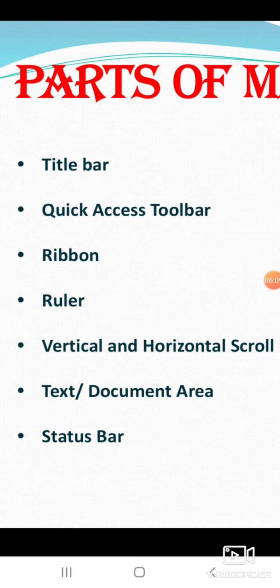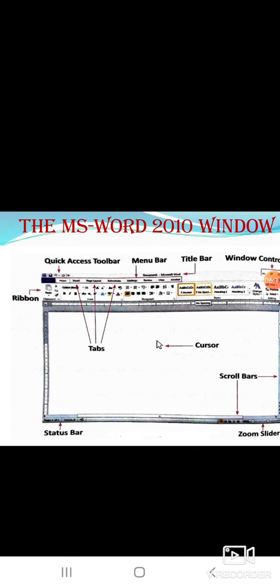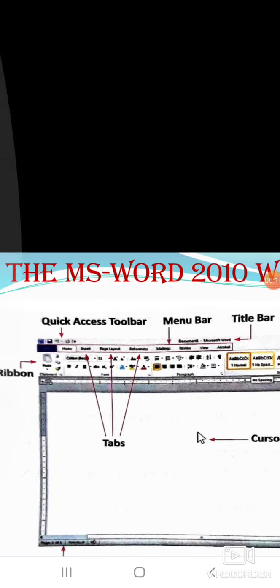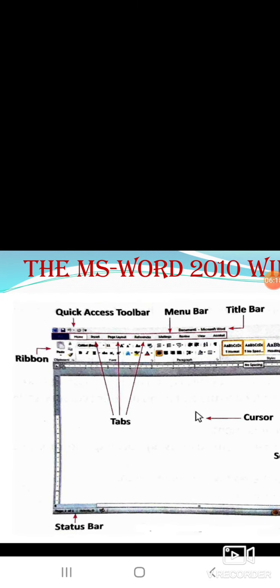Next is the ribbon. The toolbars and menus in MS Word 2010 are replaced by a ribbon, which is made up of tabs and groups. Each tab has a set of commands present in the shape of tool buttons. You can show or hide the document ruler by following the steps.